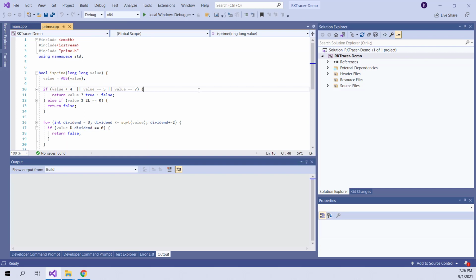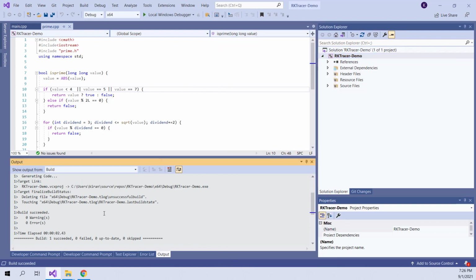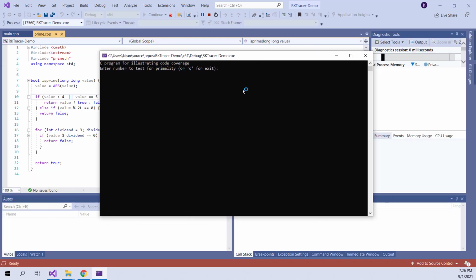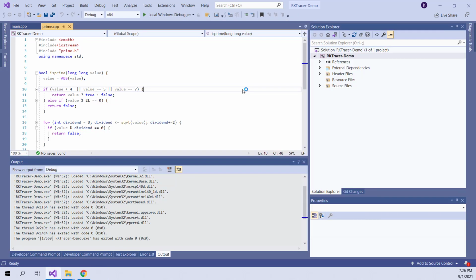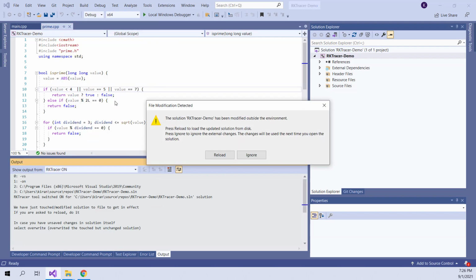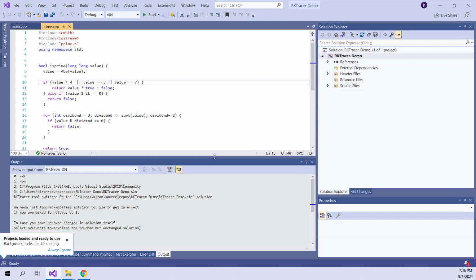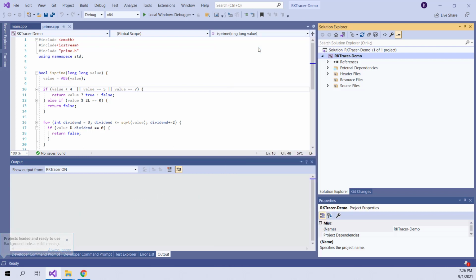Irrespective of the IDE, you should be able to see these 3 options under the tools menu. Now, how do I build and generate the code coverage? For example, let's say we are going to build this application here and we are going to do functional testing. And I'm going to enter a value 2, 5 and quit. So based on this, how do I generate a code coverage? The first step is to make sure that we go ahead and turn on the tool, reload. Once the tool is turned on, all you need to do is rebuild the project and follow the process of testing.